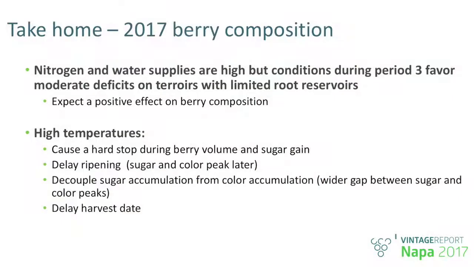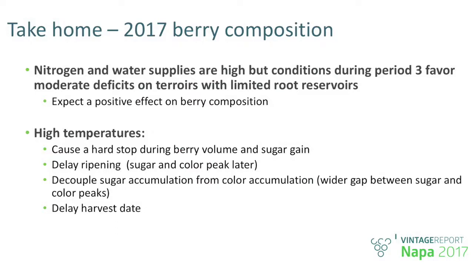Actually, it was published by Sadras and Moran in 2011. It is expected that in the context of global warming, there is going to be a lack of synchronization between the peak sugar and the peak color. This uncoupling between primary metabolites such as the sugar and secondary metabolites such as the flavonoid is expected to be more and more pronounced in response to heat, which is the seventh take-home today.